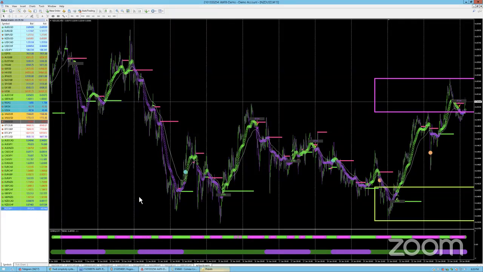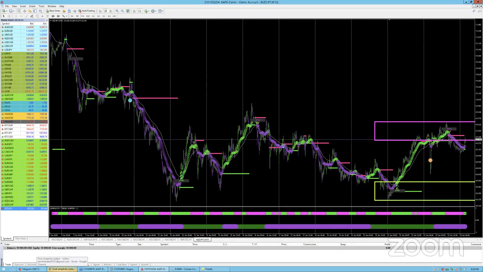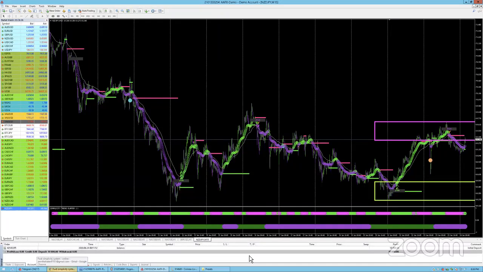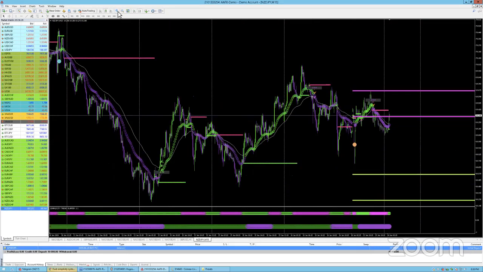And for future reference, if you go to your trade history and drag and drop it on the chart, you'll get a nice little tiny arrow of where you entered and a nice little tiny arrow of where you exited. And if you right click, well, here, there's nothing in this account. Oh, this account, I just set it up for this call. But so account history, if I drag and drop a trade on here and I right click down here, I'm going to show comments. The comments will tell me exactly what closed it. So if it was a stop loss or a manager or how it closed. So you might have manually closed it. I don't know for sure, but something clearly happened.